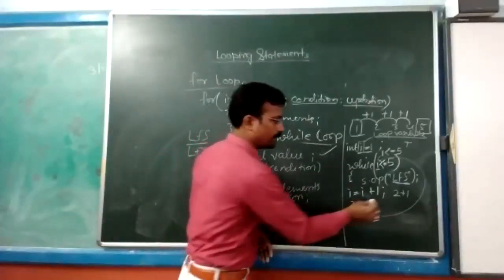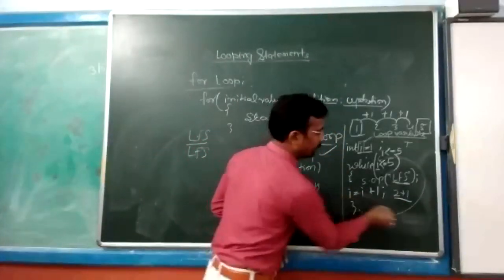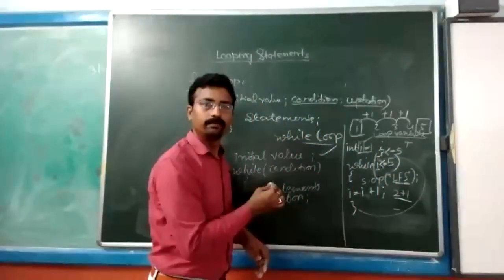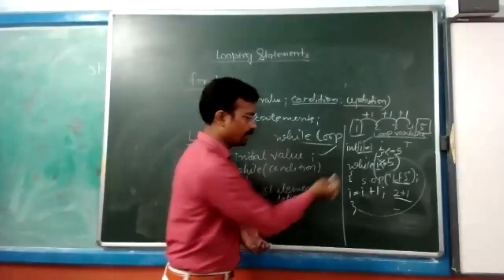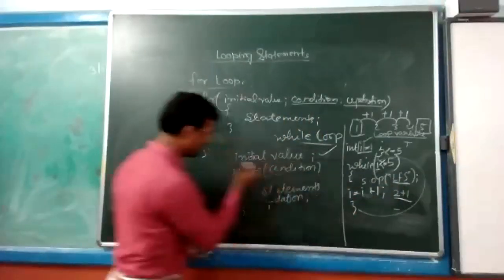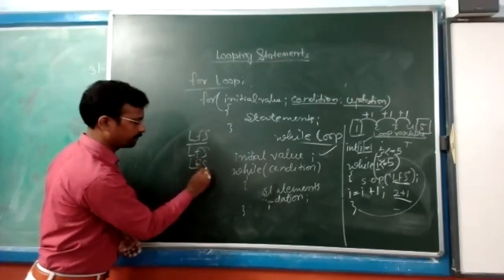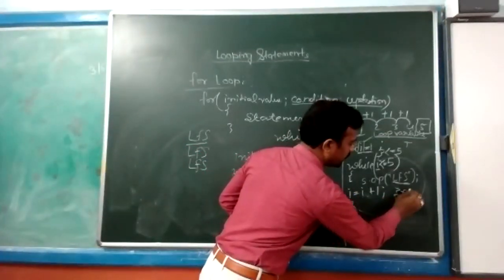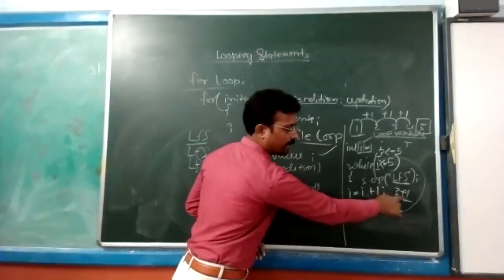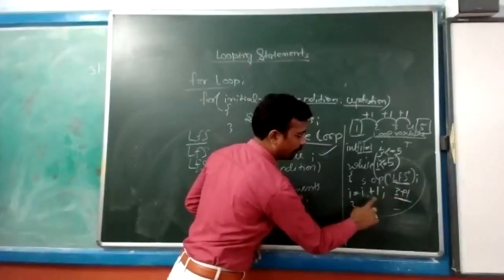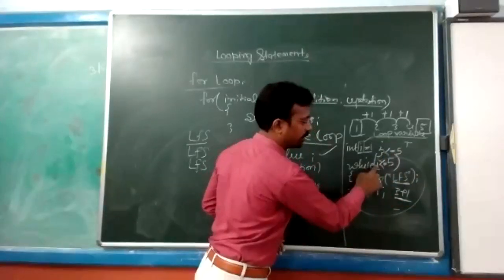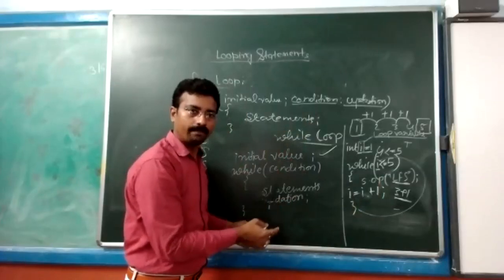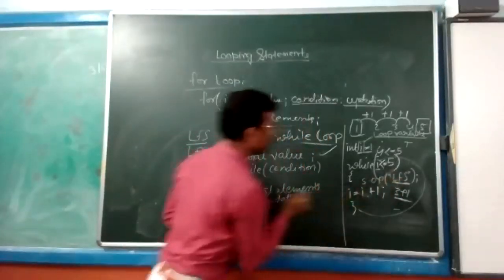So what is happening here? The new value of I, 3, will be transferred for the condition check. 3 is less than 5. Still yes. Due to that, LFS is again printed. Then this will be 3 plus 1, that is the last value of I, and the new value is updated to 4. 4 is transferred back to the condition check. Now it will check like this: 4 is less than 5. One more time correct. Coming here, printing LFS.